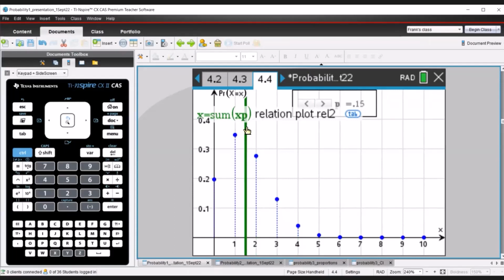And how do I know that? Because what I've done is I've got the sum of the x times the probability, which I had in the third column, in the one that I prepared earlier. All right, so how did I get these dots here? Well, I had the spreadsheet, and then